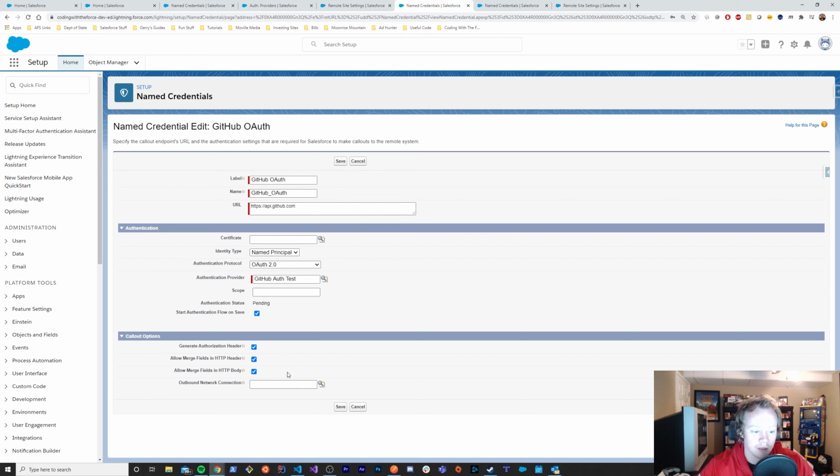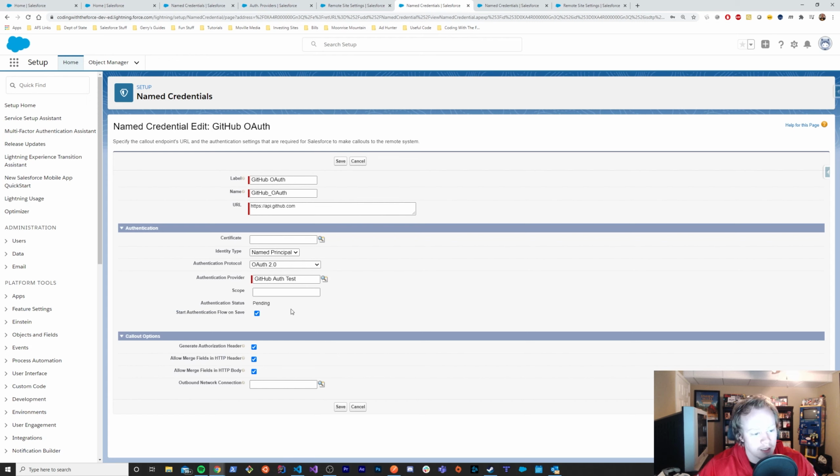You might find in a lot of your OAuth that you don't need these, so these are more optional fields down here, but just so you know, there are a handful of useful named credential merge fields that you can leverage. That way, the named credential becomes a lot more flexible because there are a lot of scenarios where you need to grab, say, your OAuth token that you received and pass it in the header. So these allow your named credential to be a lot more flexible, and if you're going to care about a field, these are basically the only ones you'd care about. Okay, so now that we've gone over what these checkboxes do, let's go over